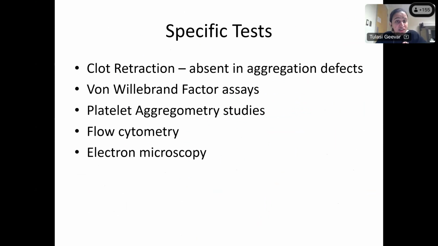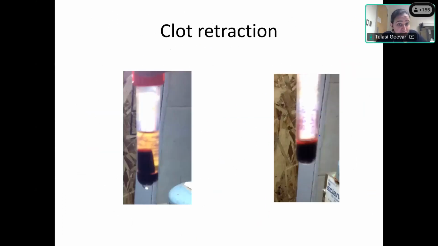The other simple test is clot retraction. You take blood in a glass tube or a clotted tube and allow the blood to clot. Now, normally when the blood clots, the clot retracts and the serum separates out. This is called